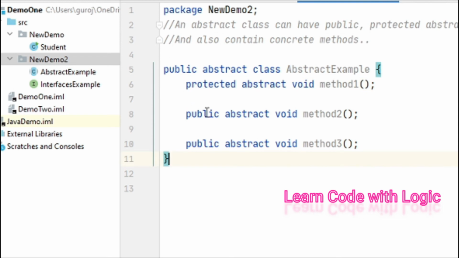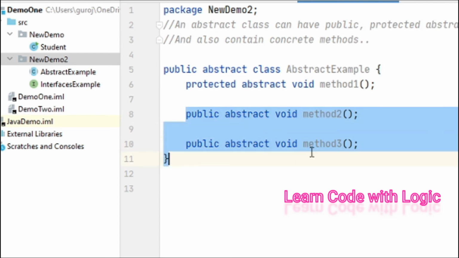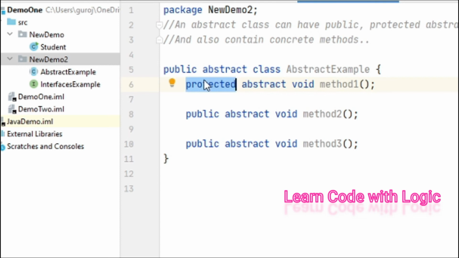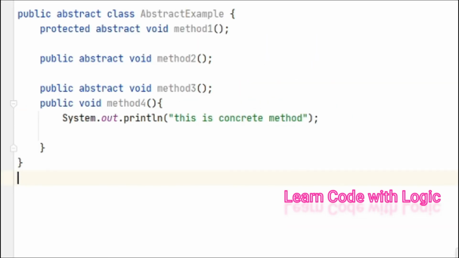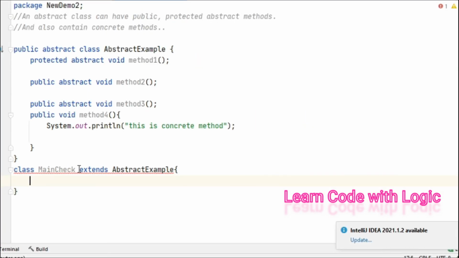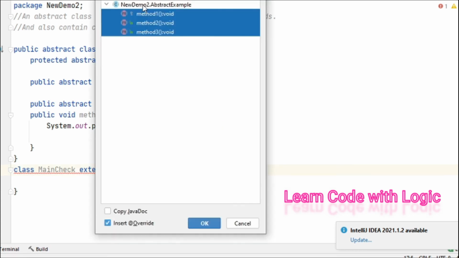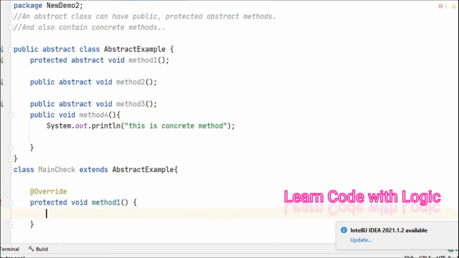Look here, we have two public and abstract methods and one protected abstract method. It supports that one, and also we can have one concrete method. Implementation is the same as what we have seen earlier. Class name check. This is the abstract class, right? It extends the abstract example and implements those three methods.